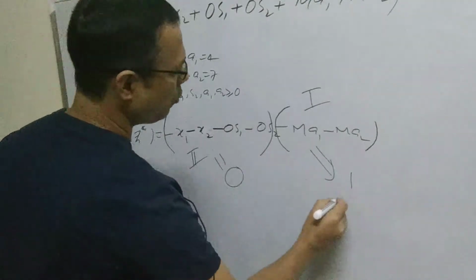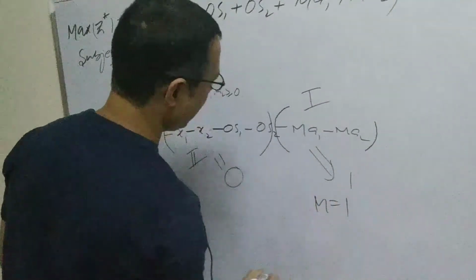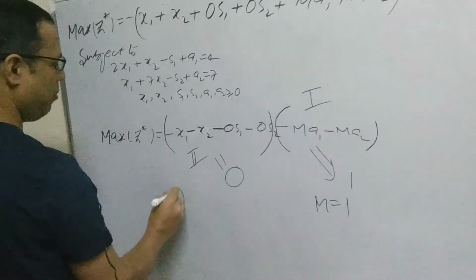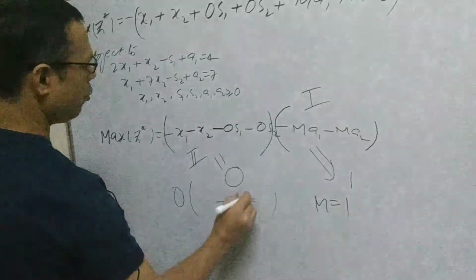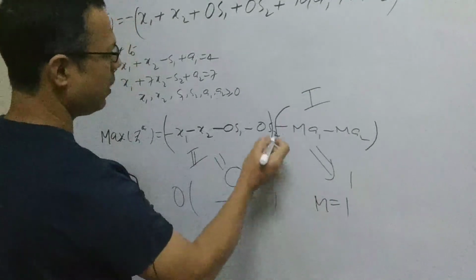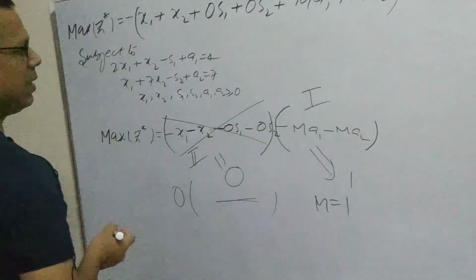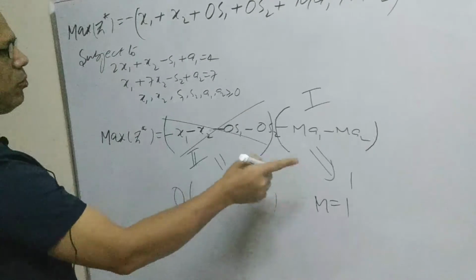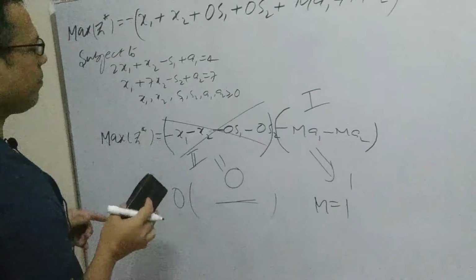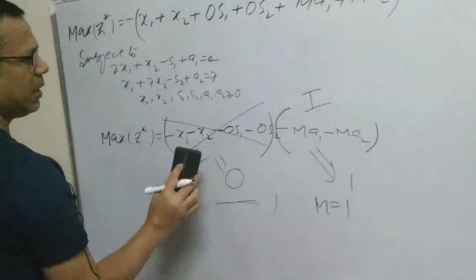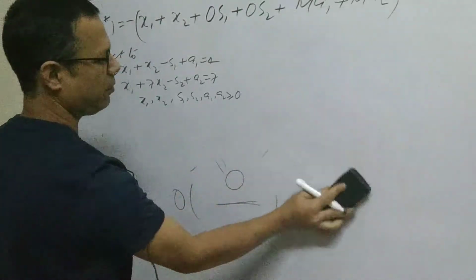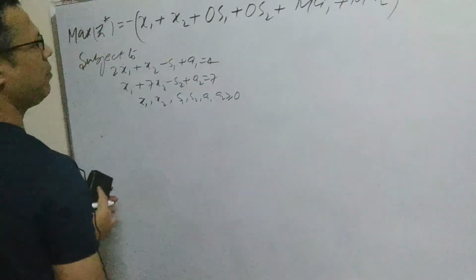We are going to change these terms into the form of 0. One means we are going to consider the value of M equal to 1, and all these other terms we just multiply by 0, so they get into the form of 0. So first we consider M equal to 1, erase this part, and just consider this part to proceed for phase 1, and later on we'll see phase 2. So for phase 1, I am going to write the new objective function.